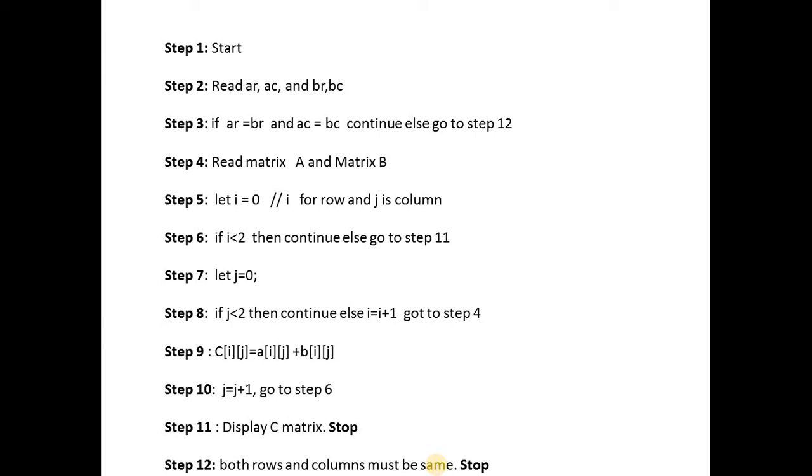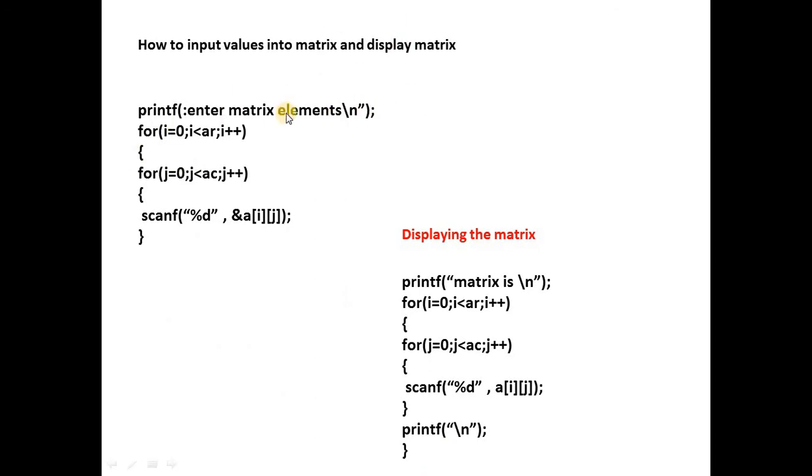Right, this is the algorithm for two matrices where the order is also given by the user at runtime. Right, how do you input the values for a two-dimensional array, and how do you display it as a matrix? We'll see the program. Right, this is how you input the values to your matrix. You will ask, enter